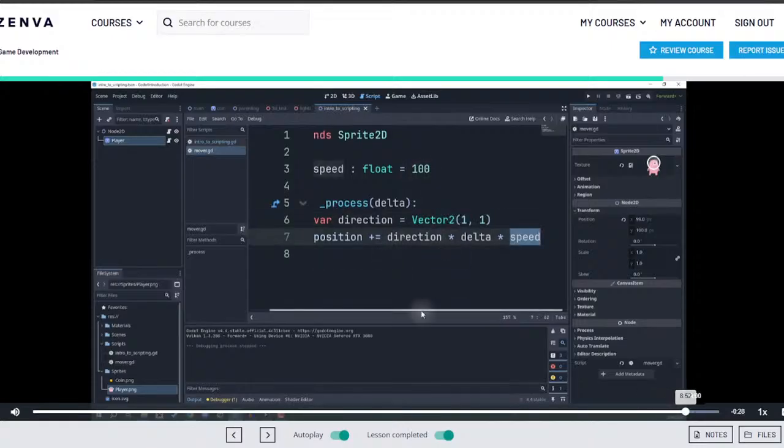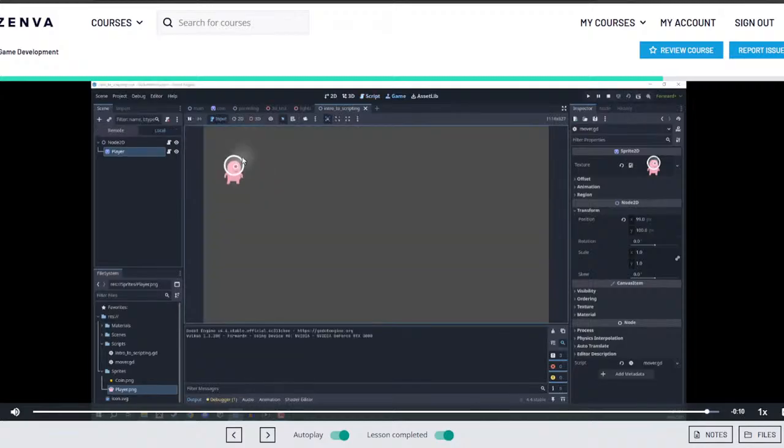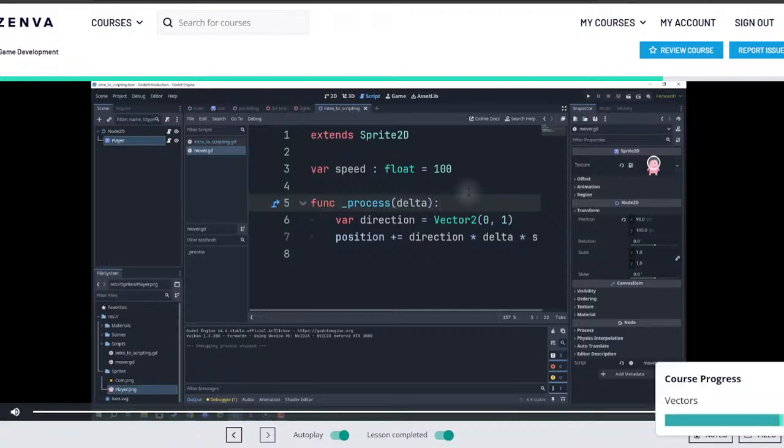Then corner to be, and then 1 on the y. Press play. We are now moving directly down. So that is just a quick look at vectors in